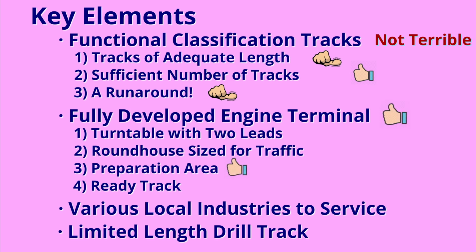The engine service area fits the bill just fine. Decent sized roundhouse, more ample for this somewhat smaller layout than the current one, in fact, since the roundhouses have the same number of stalls, separate inbound and outbound tracks, and the tail of the outbound track serves as a larger ready track